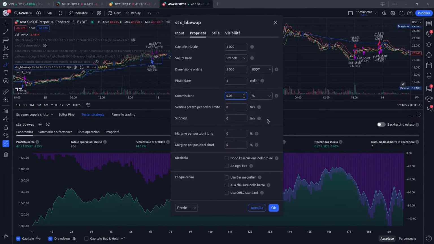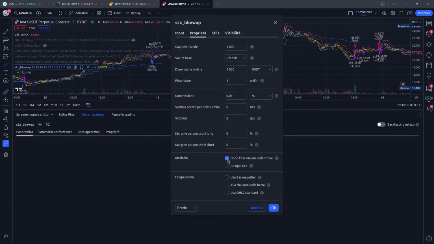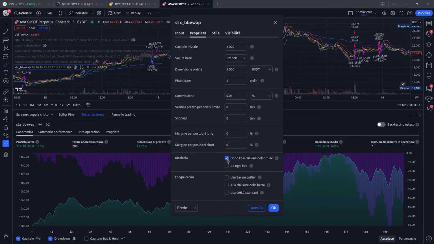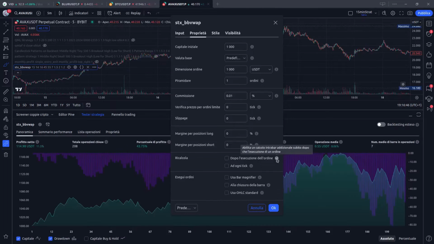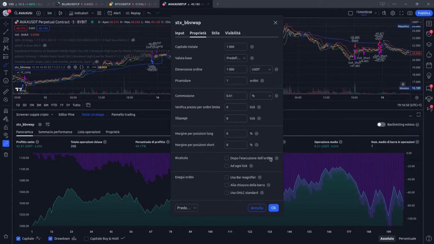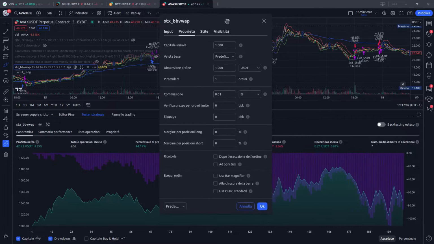And using this feature it's possible to improve the performance a lot, because this feature considers a lower time frame to have a more precise value to enter a trade. But for me this is a black box. I don't know exactly what TradingView does with this option. Anyway,